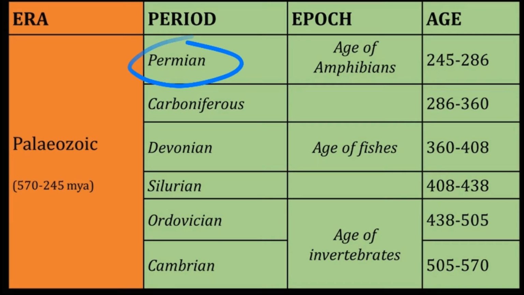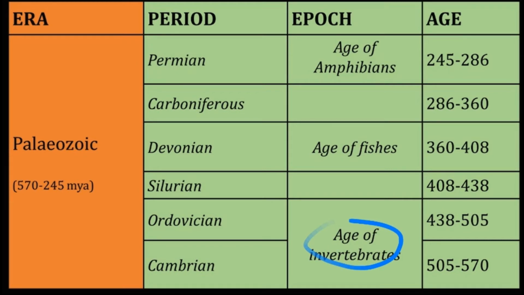When we see the Cambrian and Ordovician periods, it is called the age of reptiles. And the Cambrian period has an age of 505 million years to 570 million years. And this is the period where fungi appear on the earth. Trilobites are also dominant in this period.